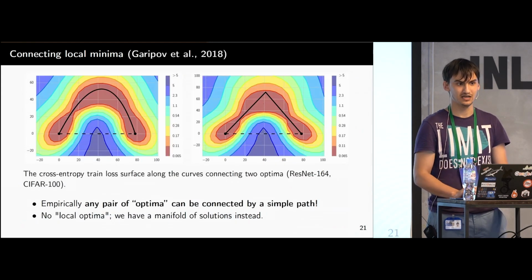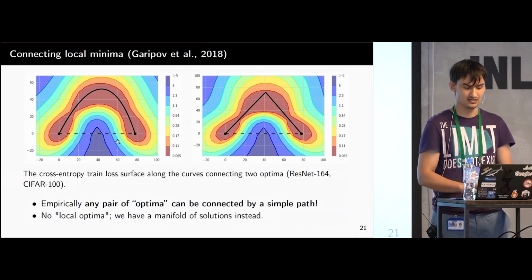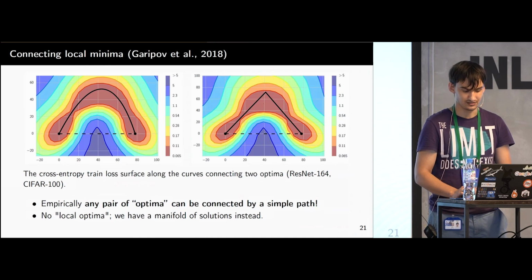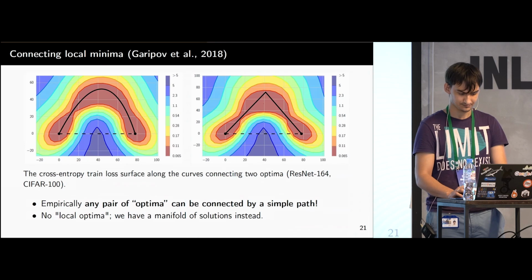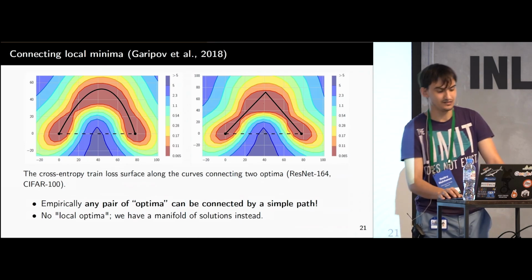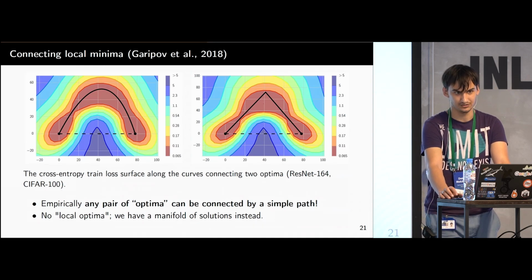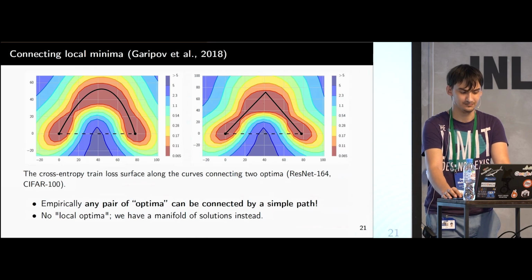And the same thing happens here. We have these 2 optima, which are the same optima as in the previous slides, but the 3rd point is different. This is a parametric point, which we are trying to find in such a way that the loss function would be constant along this path. And we weren't able to find any pair of points that you could not connect. For every network, for every problem, any 2 points can be connected.